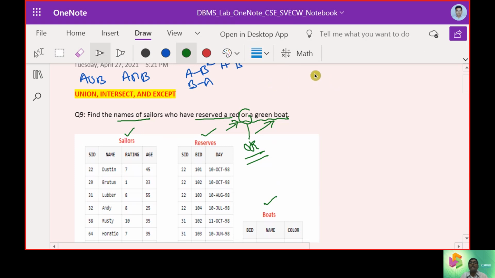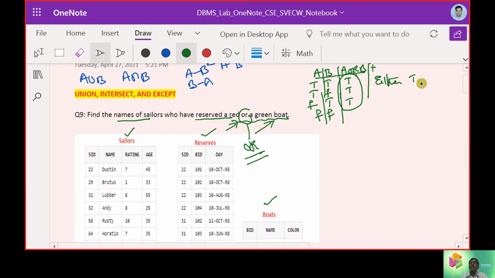Just a quick recap of truth tables when we say A or B. It is nothing but a plus operation. True, true, true; true, false, true; false, true, true; and false, false, false. If any one of these cases happens, either true, true, or true, false, or false, true, the answer is true.